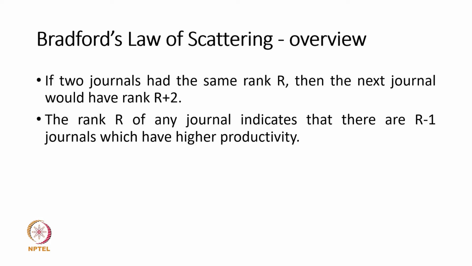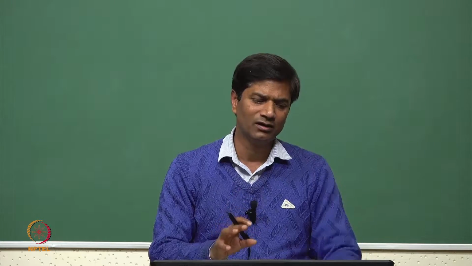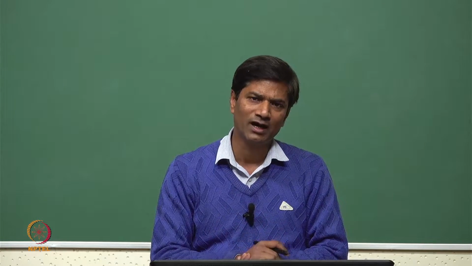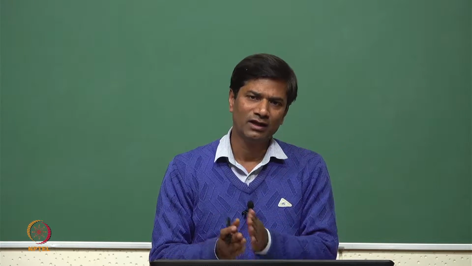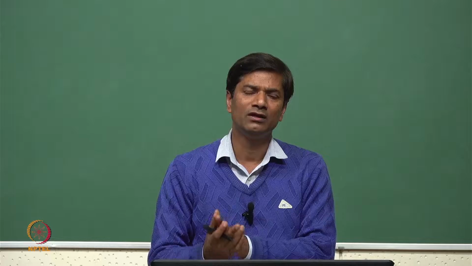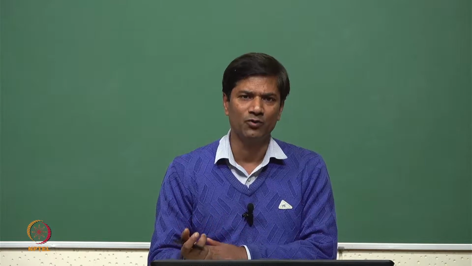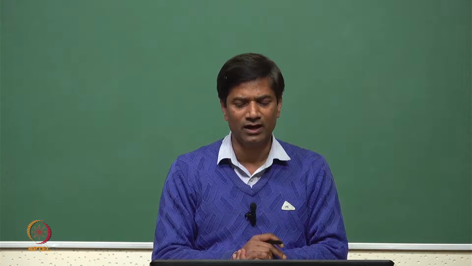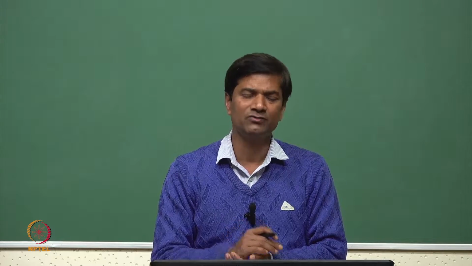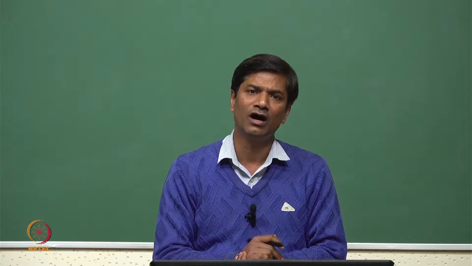Let us see, if the two journals have rank 20th, then the next journal would be the rank 22 instead of 21. That means the rank R of any journal indicates that there are R minus 1 journals which have the higher